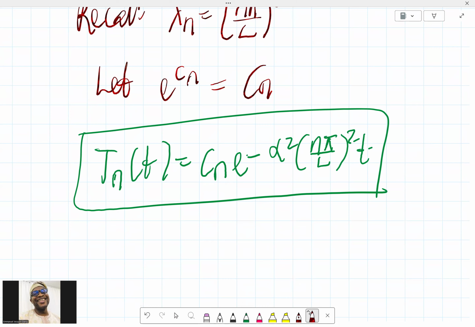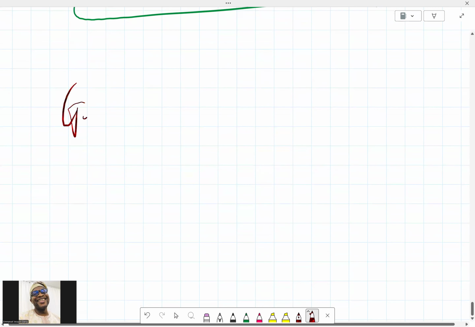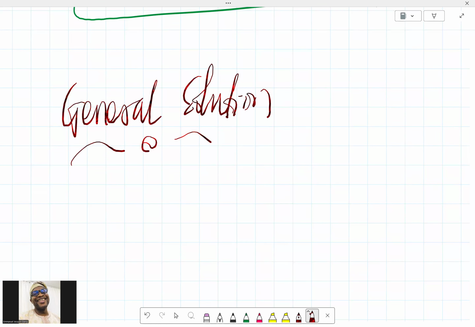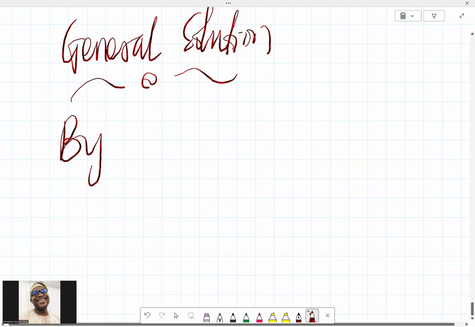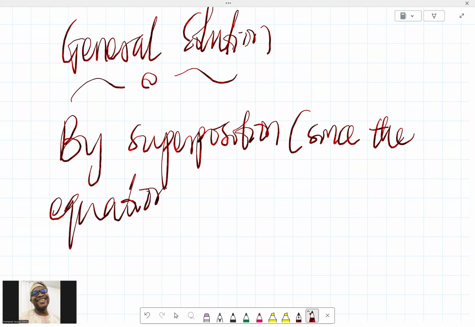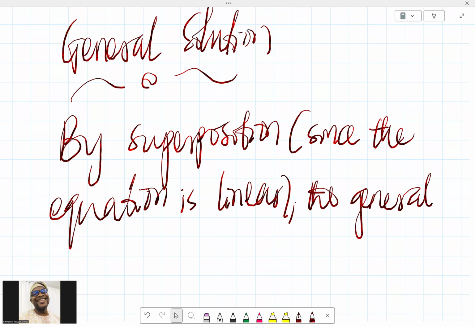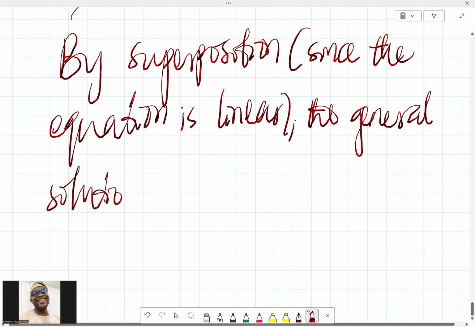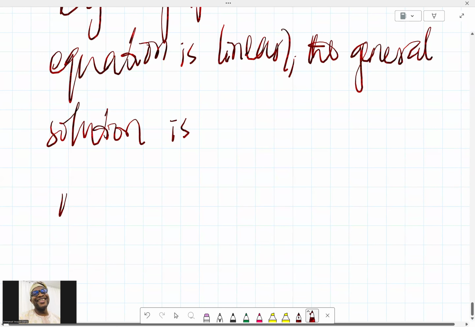So let's go for the general solution. The general solution will now be something like this, by superposition. Since the equation is linear, so the two equations in space and time are linear. Since the equation is linear, the general solution is u(x, t) equals,